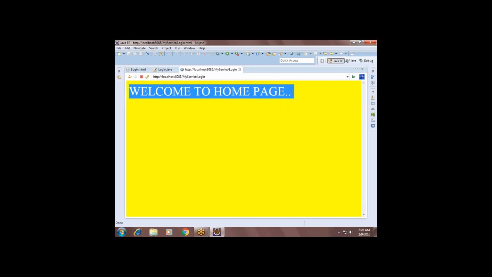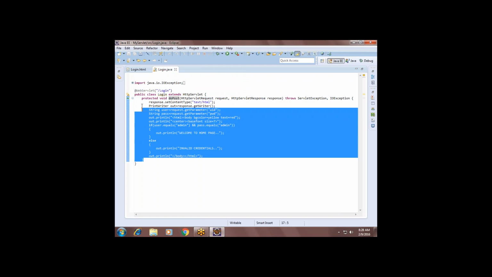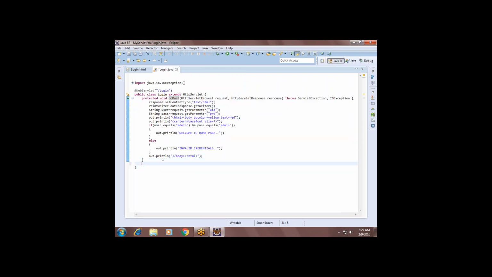And with the GET request, there is visibility of the client's parameters, so it leads to insecurity. Another one is that you can send only a small amount of data. You can't send more data. That is another problem. So there are some drawbacks in doGet. So it's a rarely used request, but most probably we use doPost. Anyhow, we should prepare our servlet in such a way that it handles both GET and POST requests. How is it possible? If you write the doGet method with the content, you also prepare protected void doPost, sorry, doGet, and